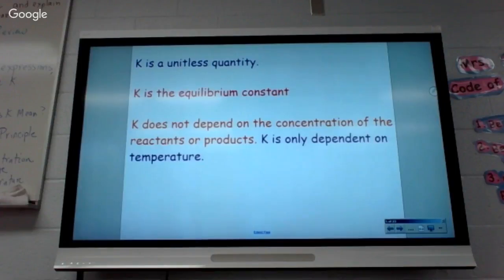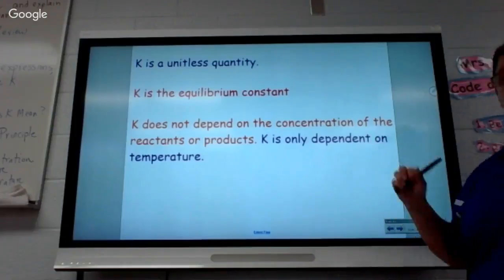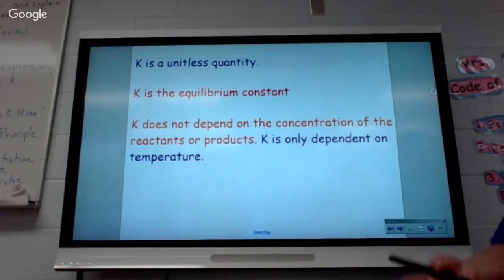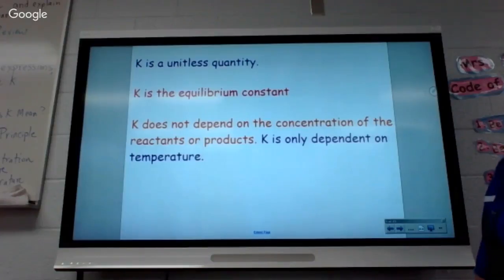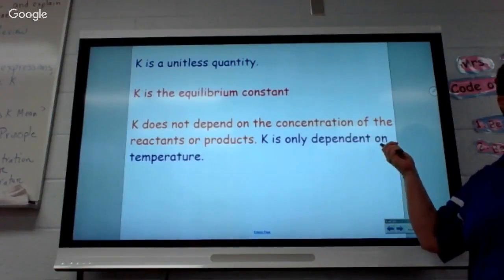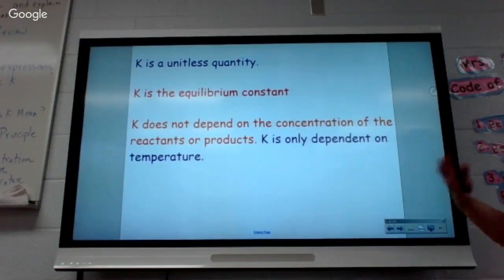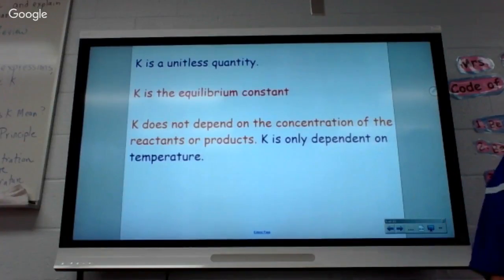So K will always be given in the problem, but will we do anything with it? The answer is no. It will be given, but we're not actually going to do anything with it because it does depend on the temperature. It'll be given, but we're not going to learn how to use it because it's not part of our curriculum. Those of you who plan to pursue something in science, or you want to go into nursing and might have to take 2 semesters of chemistry, you will probably have to do something with this because in college chemistry they will make you. Okay? But our curriculum doesn't want us to do that. And given we're at the end of the semester, we're not going to put in some extra right now.